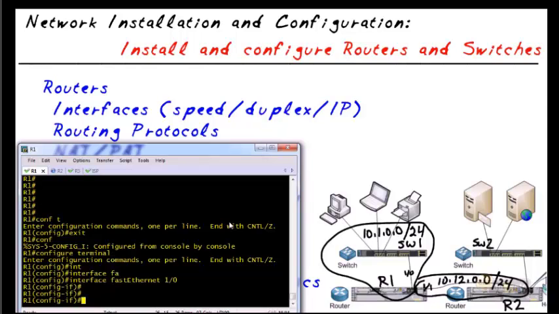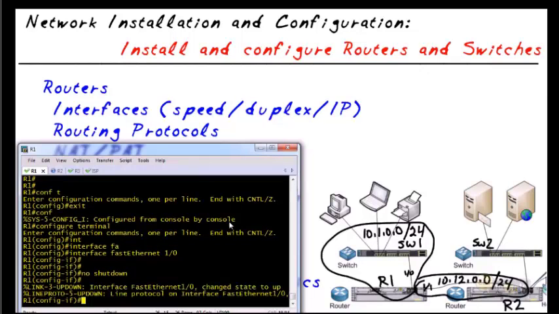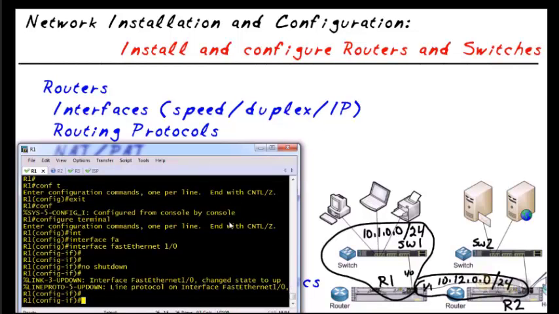And that's how you bring up an interface on a Cisco router. No shutdown is the command to bring up the interface. So I want to run no shutdown first of all to get the interface up and working. If I want to set the speed